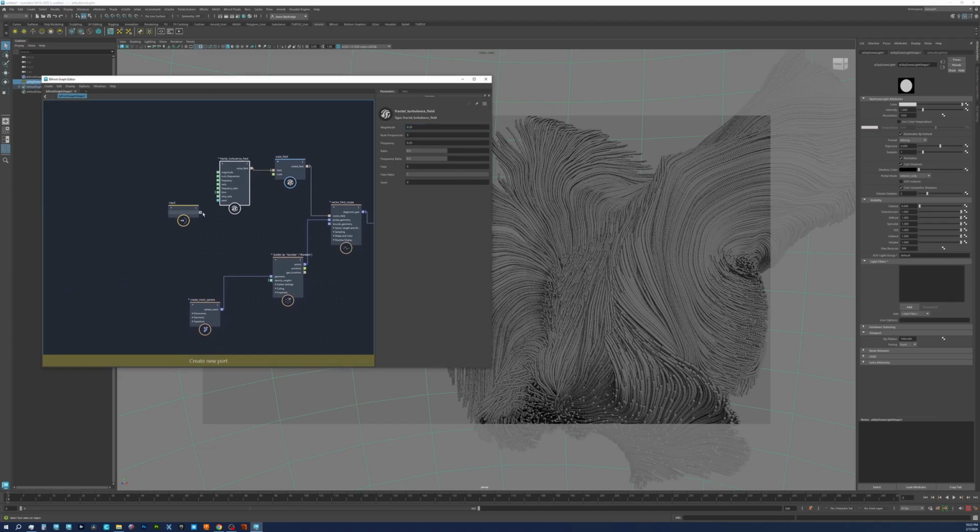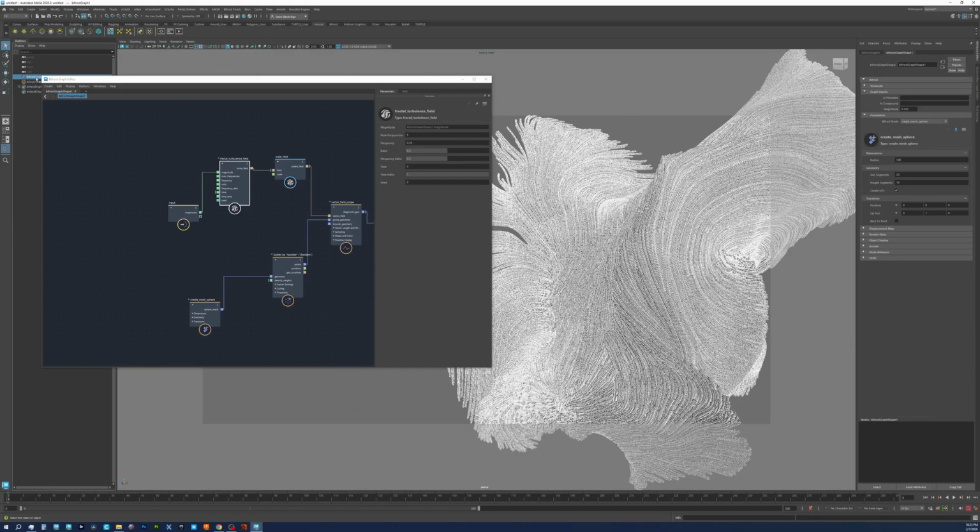So if I wanted to, I could take this input node and plug it into our magnitude here, and then by selecting our Bifrost graph editor in our outliner here, I'll come up to magnitude and I'll say at frame 0, you guys know how I feel about frame 0, so I'm going to say frame 1